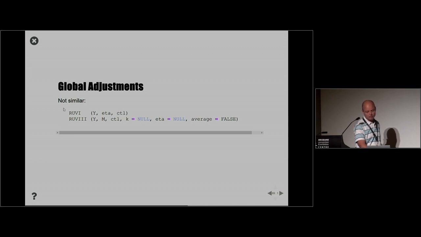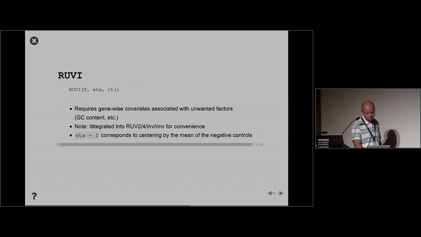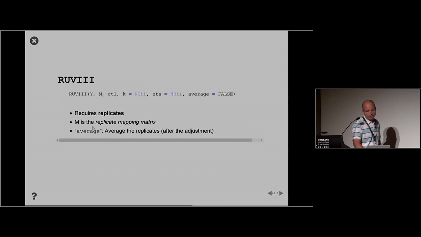RUV1, again, is the one that uses external information on the genes, uses gene-wise covariates. I'm not going to have time to talk about that one today, but I'm going to talk about RUV3, which uses replicates. So again, RUV3 requires replicates. It requires that you create what we call a replicate mapping matrix. That's this M here. That describes the replicate structure. So the arguments are Y, the gene expression data, M, the replicate mapping matrix that describes the replicate structure,